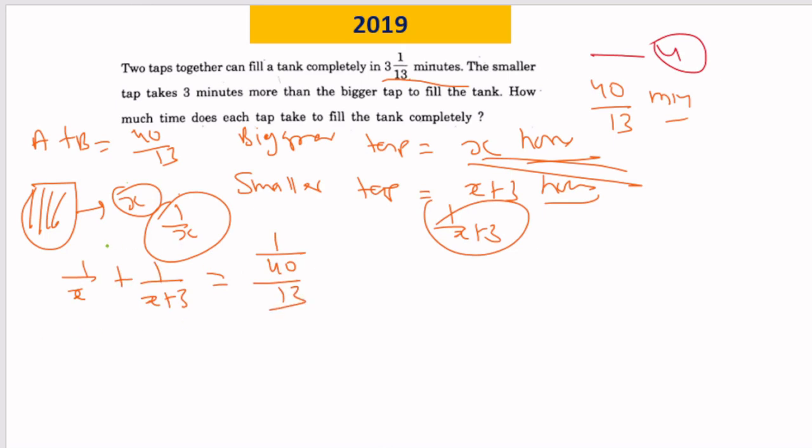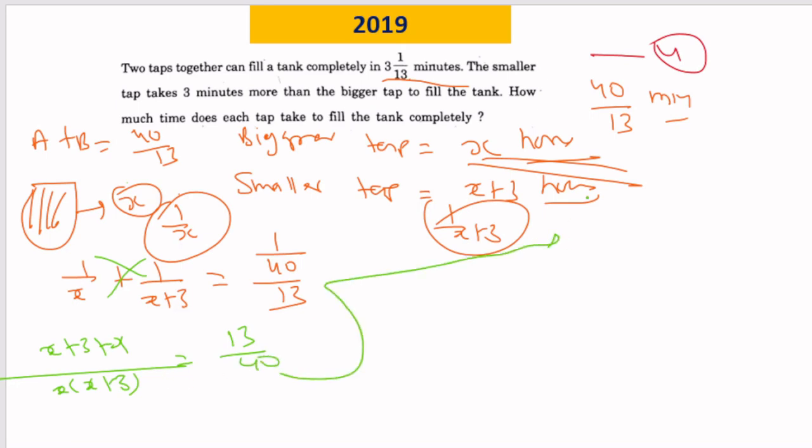Simply cross multiply. So x plus 3 plus x plus 3, this will be 13 by 40. Let me write here. So I can write 2x plus 3. So multiply this: x square plus 3x is equal to 13 by 40. Now again cross multiply